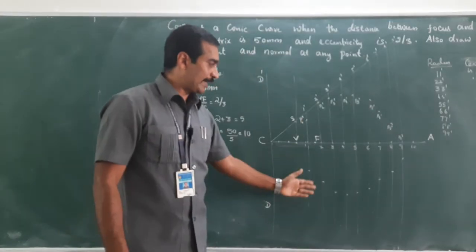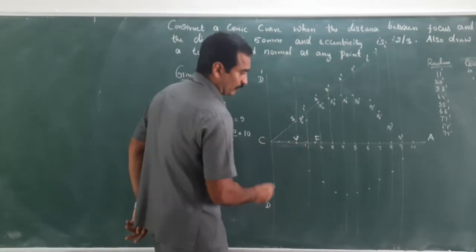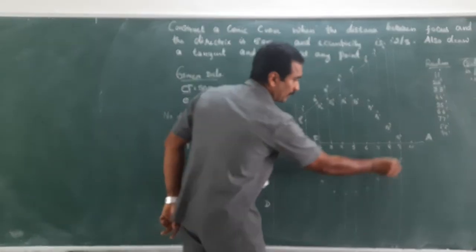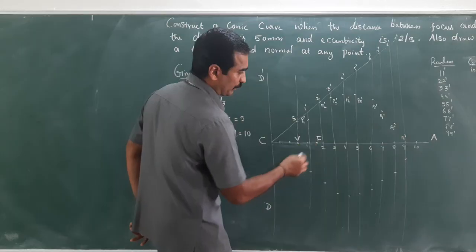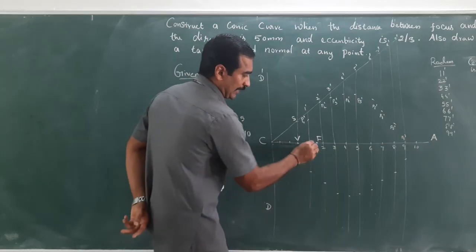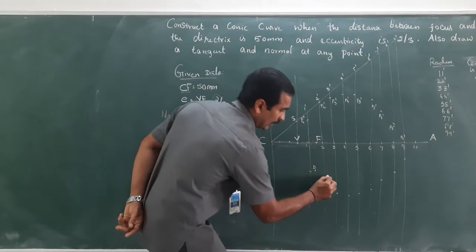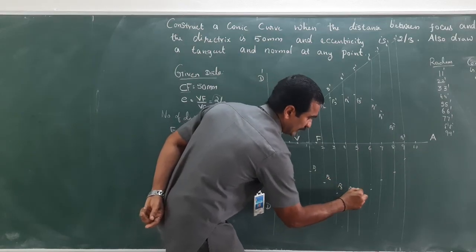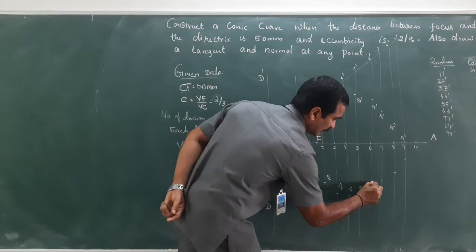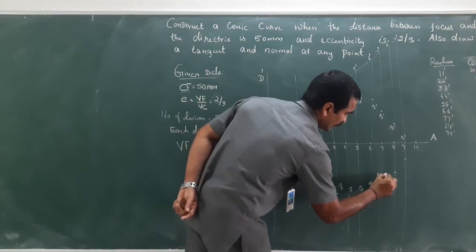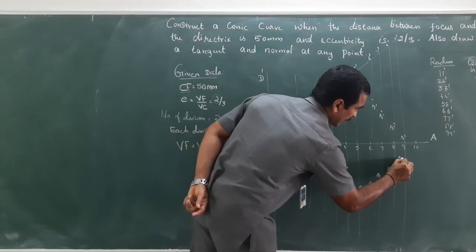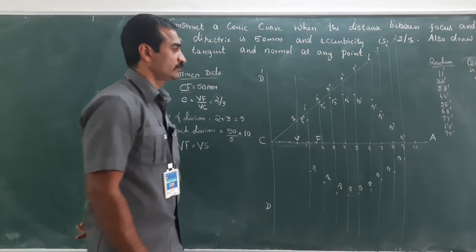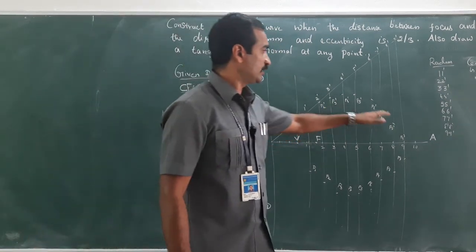Similarly, below the axis, let me give the naming for those points. These are the moving points, right? I am giving the naming for the moving points corresponding to line 1, therefore I am giving P1, for line 2, P2, P3. Similarly, you will have to give the namings for all the points here, P7, P8 and P9. These are the moving points, these are the locus.